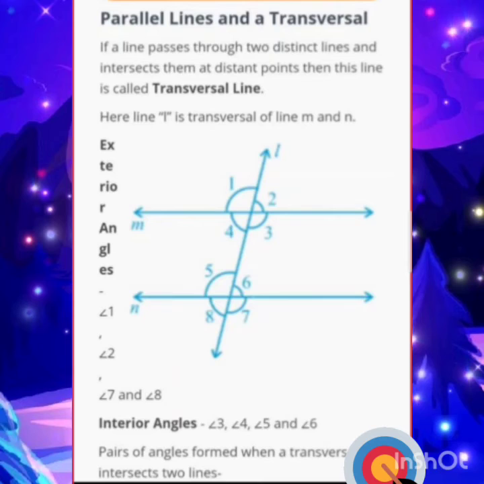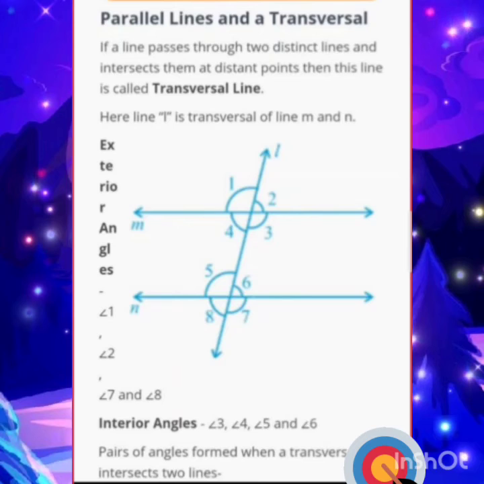Now, right now I'm talking about the angles that lie on the same side of a transversal. Interior angles lie on the same side of a transversal. They are here, angle 4 and angle 5. Dear student, you can find this is the transversal line, and 4 and 5 are on this side, and on the other side are angle 3 and angle 6. They are called interior angles. Okay, on the same side of a transversal line.